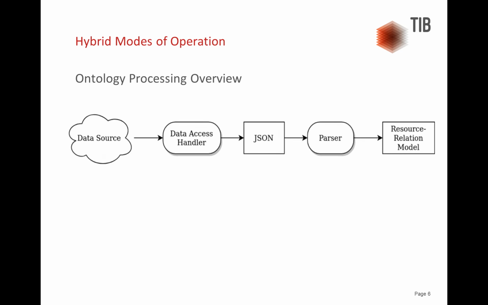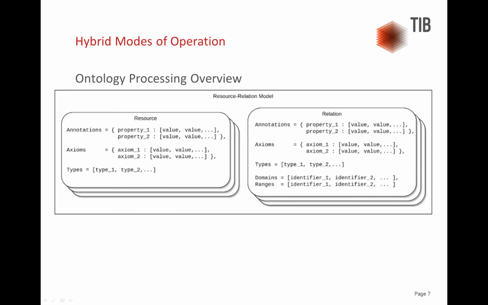Here we see a short overview of the process for the creation of the resource relation model. The data source in this case is an ontology. The data access handler fetches the ontology and processes it into a JSON format. The parser component then converts the JSON format into the resource relation model. Resources provide the classification of triples into annotations, axioms, and types, and relations extend resources by additionally providing domain and